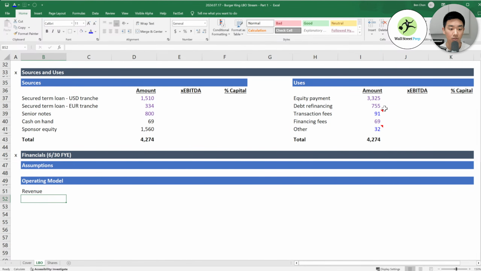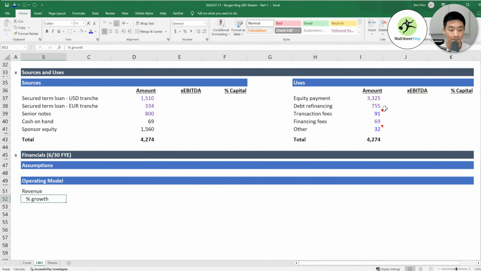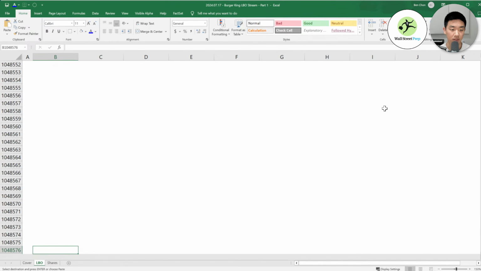So revenue, percent growth. I'm going to indent this. Okay, and then we're going to need our COGS. This is percent of sales. And gross profit, also percent of sales.